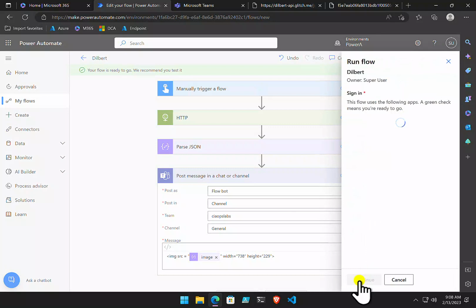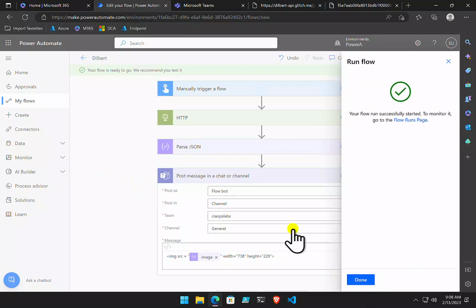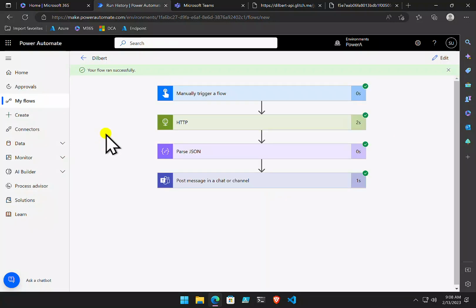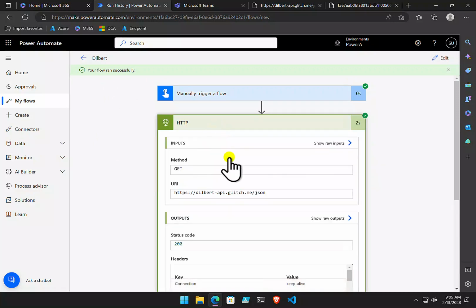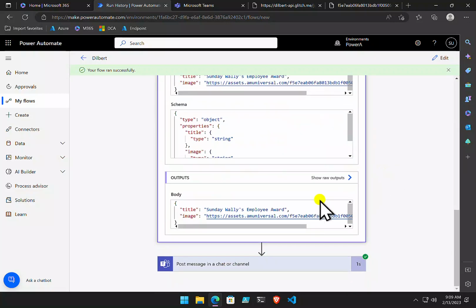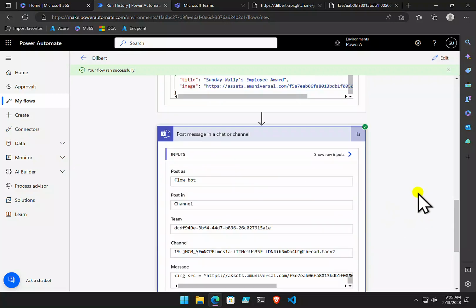Select the option. You'll see here that it's connecting to a new service called Microsoft Teams. I've already got the authentication. It's going to go and run the flow. Now that it runs the flow, I'm going to get back the results, and it says that it has run successfully. So I've manually triggered it. It's gone out and done that HTTP request, and you'll see that it's brought this back. It's now tidied up the results here, and it's got a title and an image, and then it's posted that